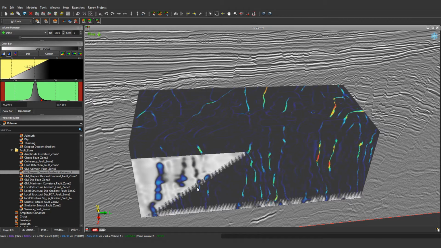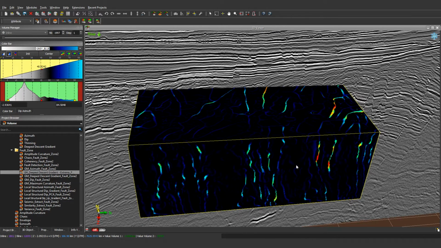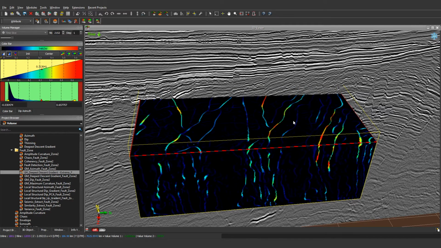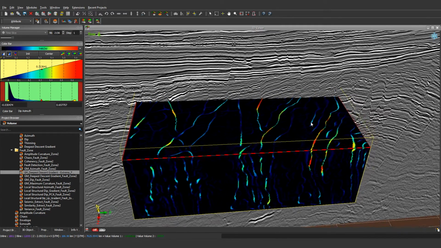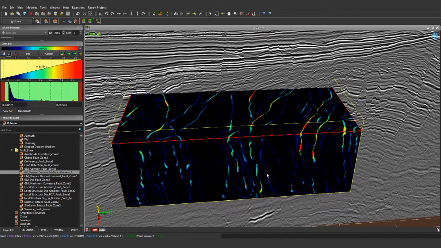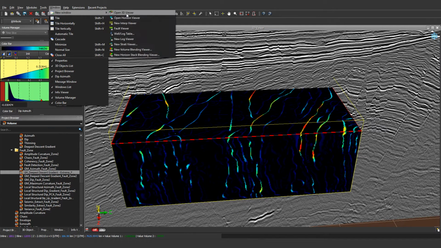And the same way, if you put down the deepest descent gradient, we can see the fault trends and the fault extrema values, where the red values show the maximum throw of the fault on each fault plane. So we use this attribute very much, first to have a filter of the fault planes and also to detect the maximum throw of the fault.